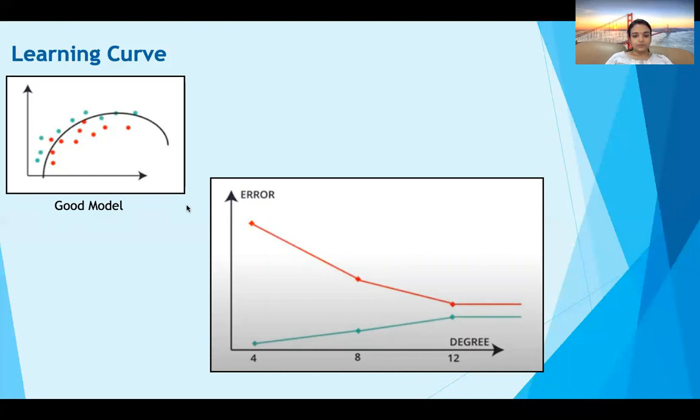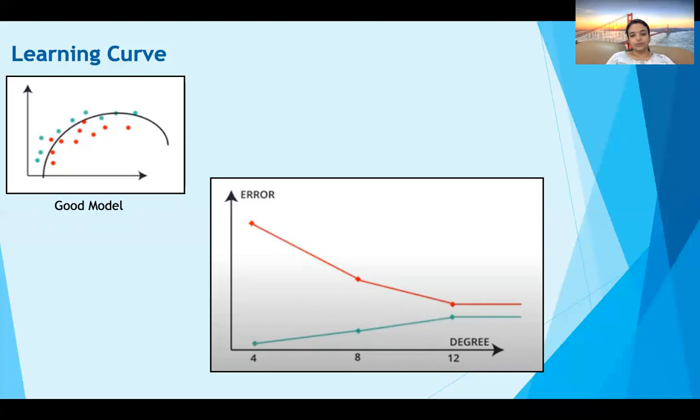steeply, because this is a good model, and this curve divides the data perfectly. Now when we increase the number of points to 12, the same thing happens. The training error increases a slight bit and the cross validation error decreases. These two curves now get closer to each other, except now they will converge at a lower point since this model is good and we expect a smaller error.